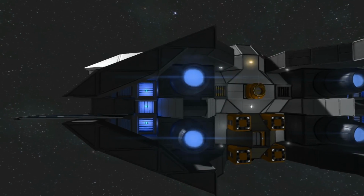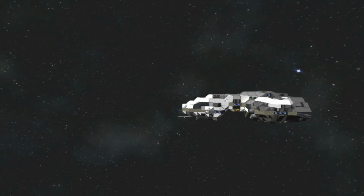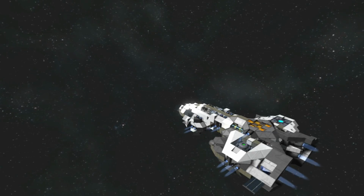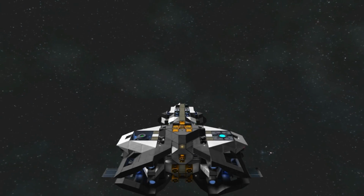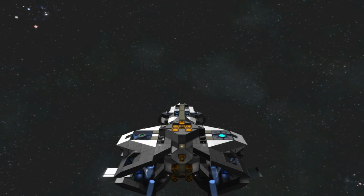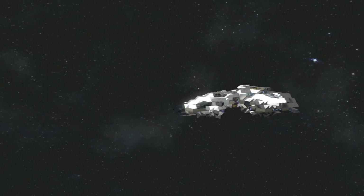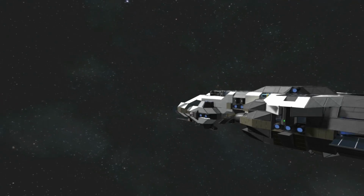So I'm not really sure what that's for, unless there is a second part to the ship that is being built or something, and eventually it'll be like a 2-part ship. I'm not sure. Overall, it moves pretty well, though. I think I only saw like 4 gyroscopes, unless there's any inside the ship, so it's a bit more practical with a little pinch of some really cool aesthetic design on the exterior